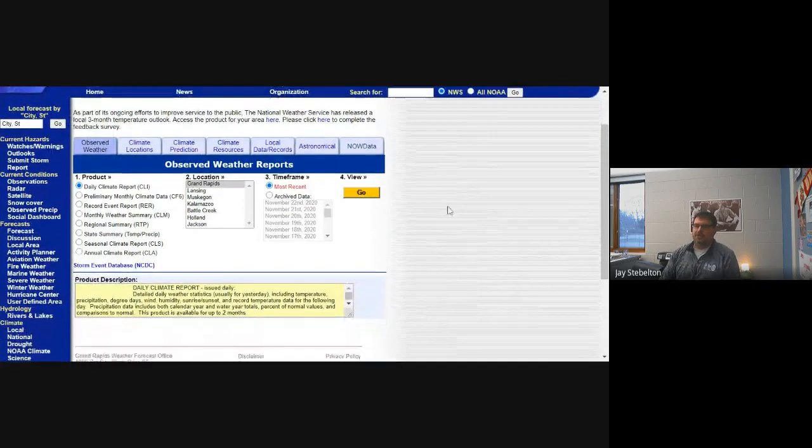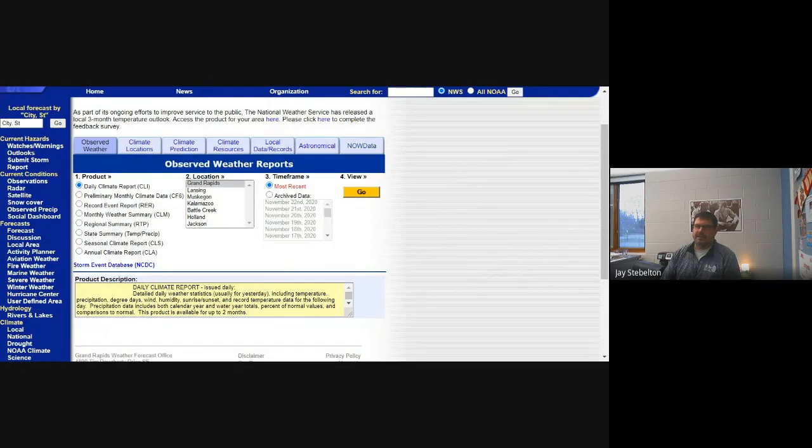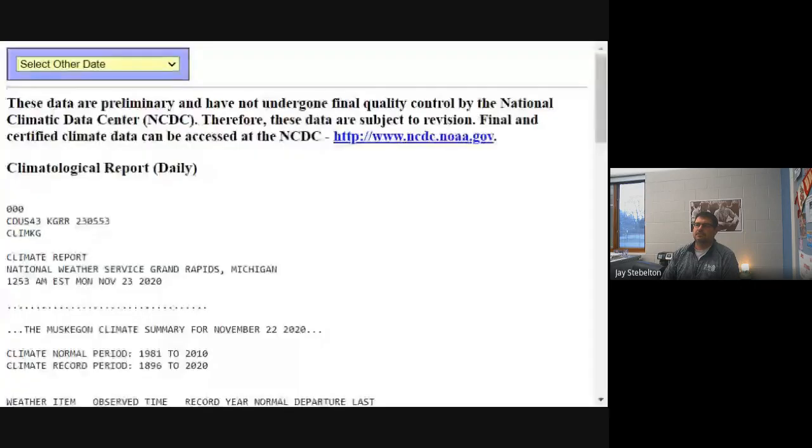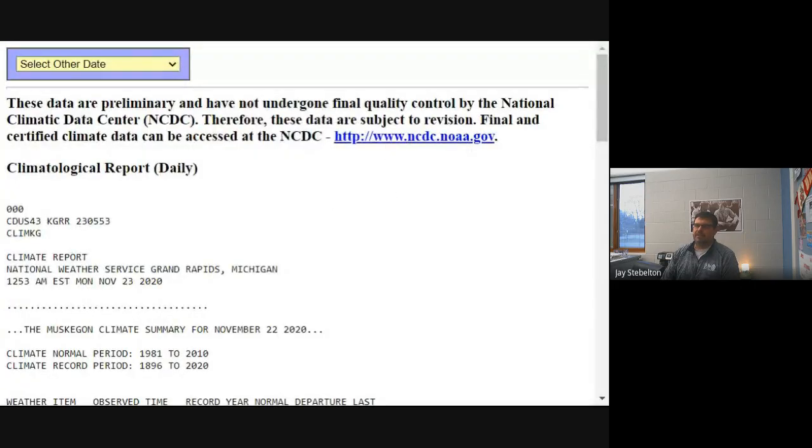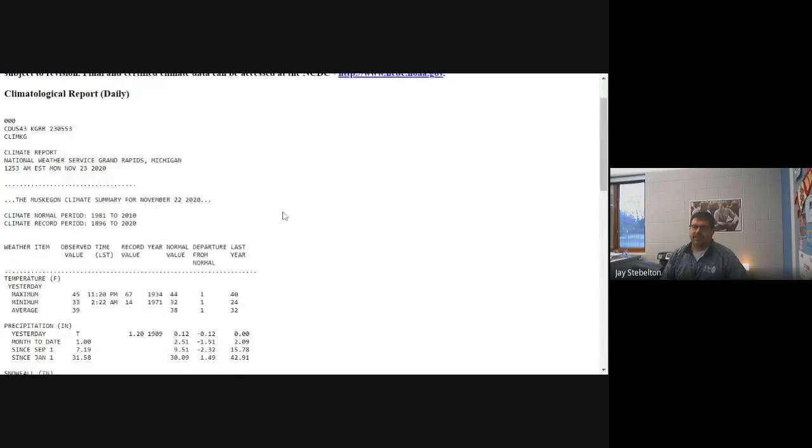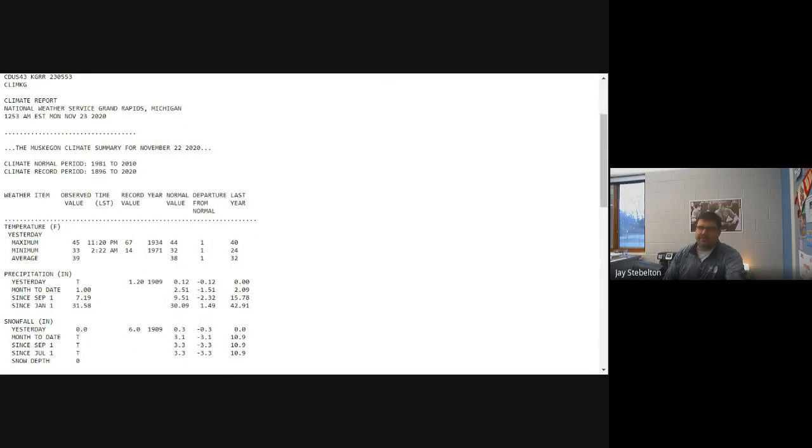You're just going to open this site right here, and then daily climate report is already up. Go to Muskegon in the most recent. And then it will give you this tab right here where you'll just type in, because it's a morning class,